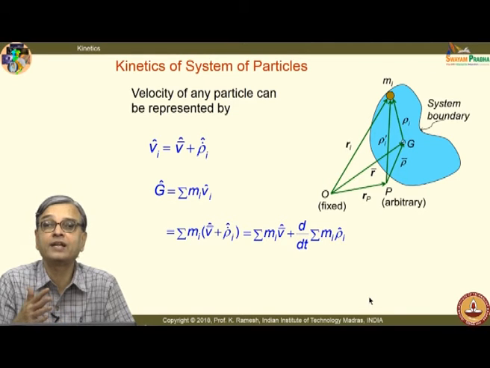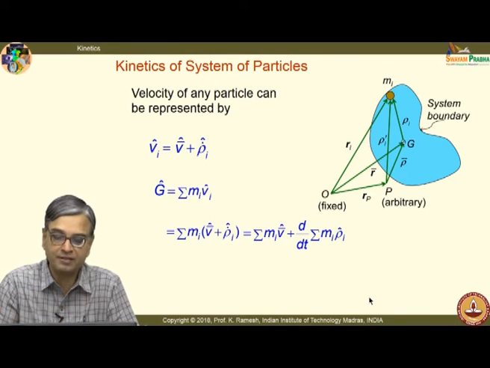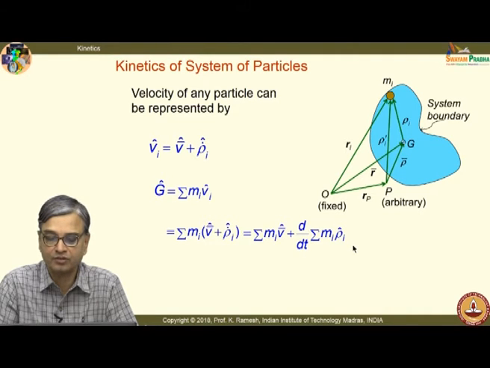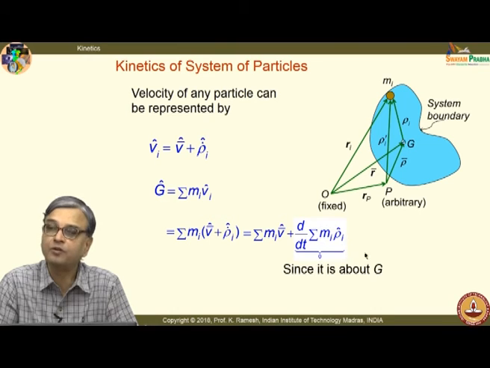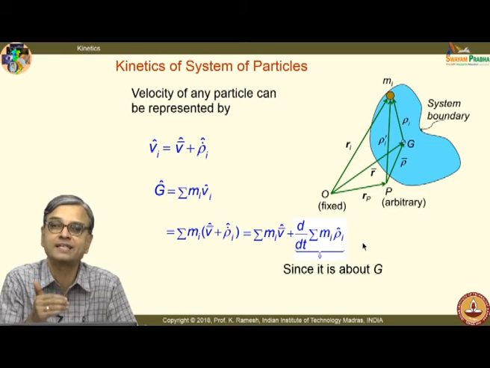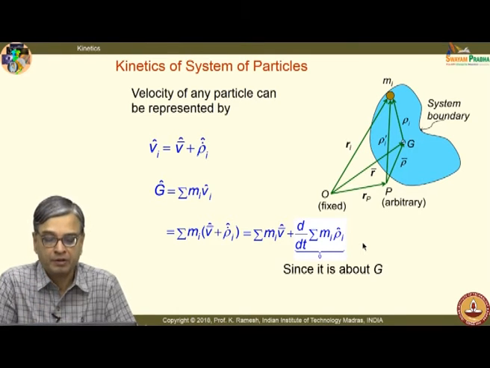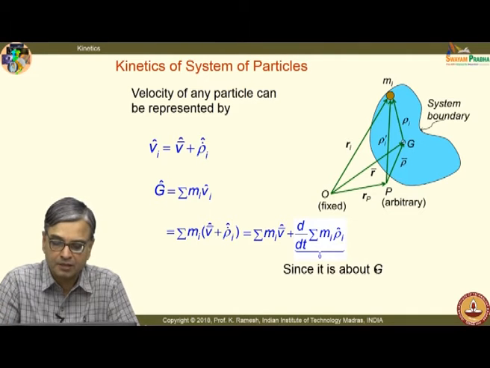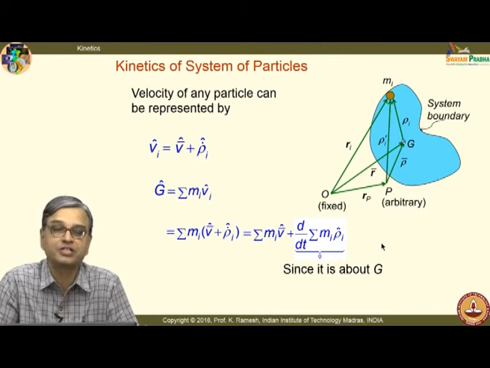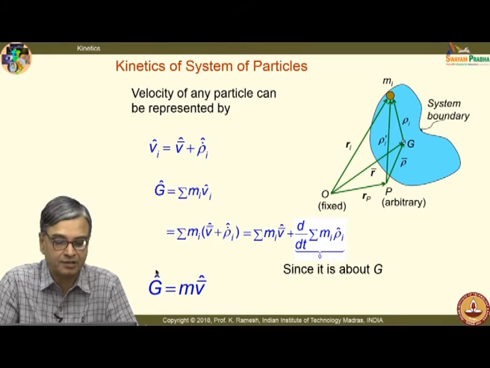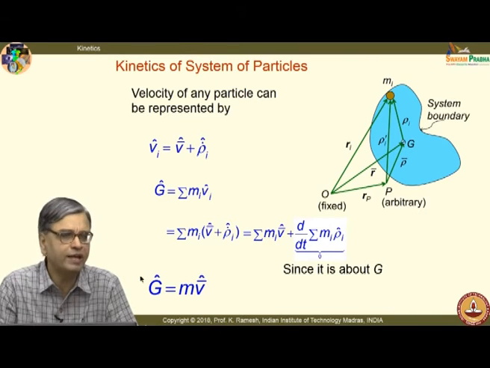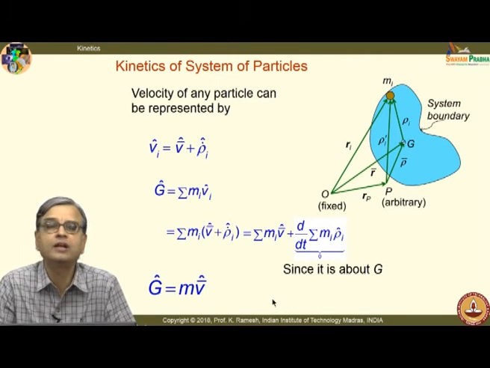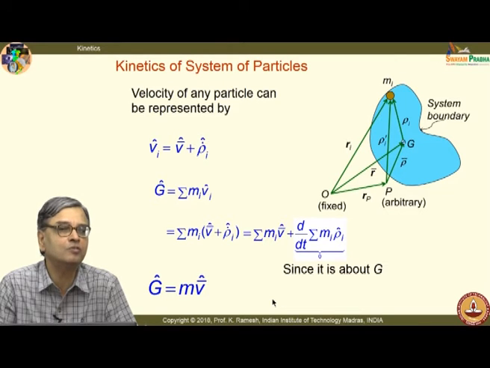We recognize that we are looking at from a mass point. So, obviously, this has to go to 0, since it is about G. We would be doing the simplification again and again. Some of those things I would skip the steps also for saving time, and you must be able to figure out from the expressions correctly. So, I have a very interesting relation: G equal to M V bar. Very well known expression, it is not something new to you, we are only revisiting the expressions that you know already.